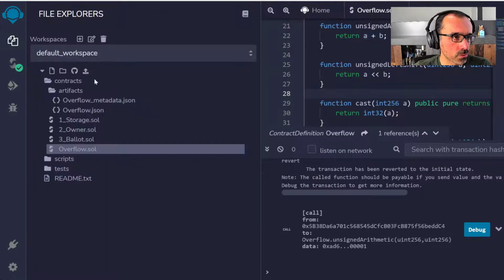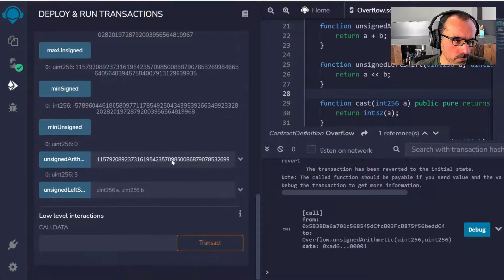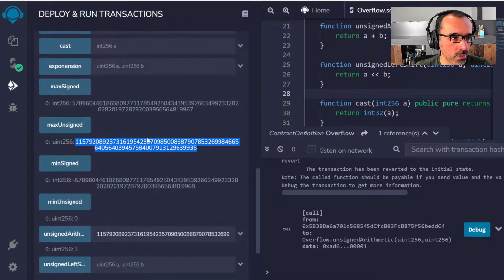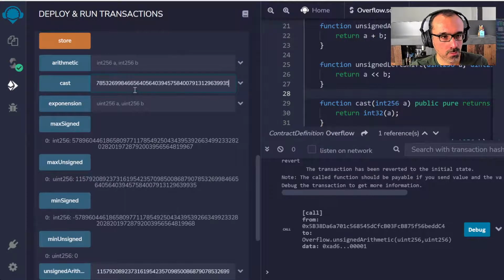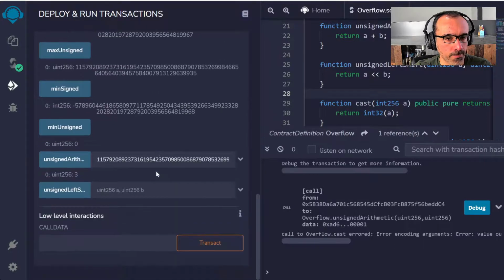Let's just run this again together and see what is the result of, for example, left shift. All right, so let's go back to the contract. I'll copy this max unsigned value, and perhaps let's just do the casting of this value and see what we're gonna get back. Not this one, this other one.